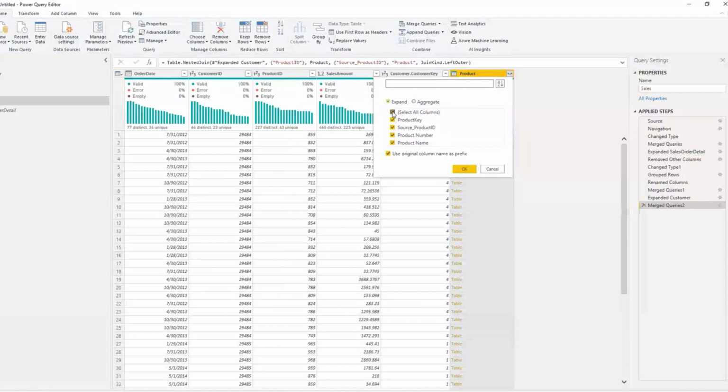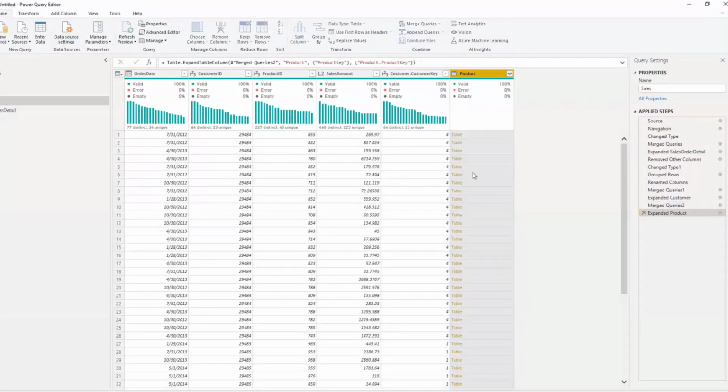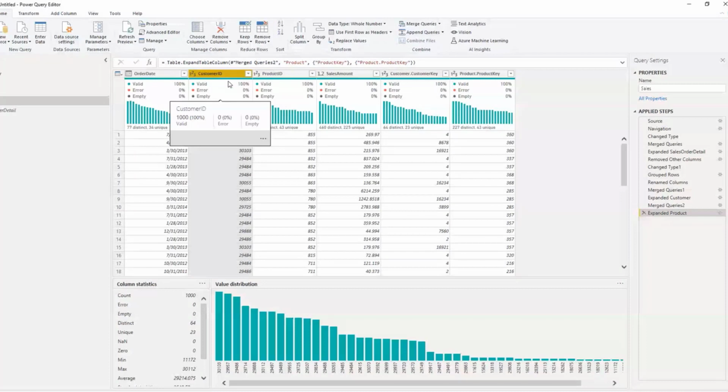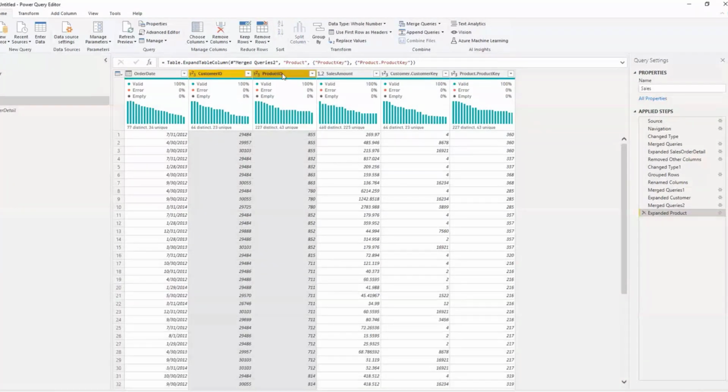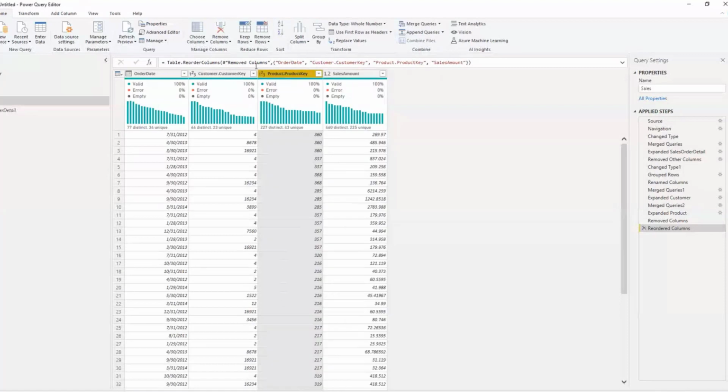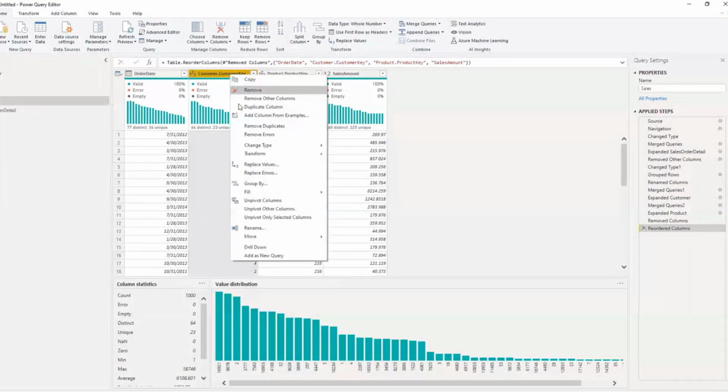So I have brought in both these keys, and I don't need these primary keys, the foreign keys coming in from the transactional tables, the transactional database anymore. So I'll just take these two off. I click on these two and click on remove columns. That's taken out of the story, and I will just move these columns a bit, and the next thing I'll do is rename these columns appropriately.